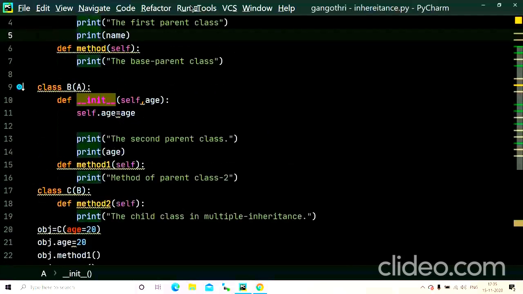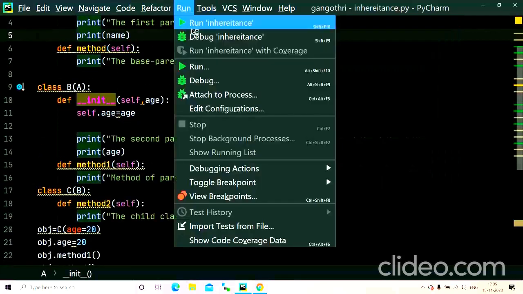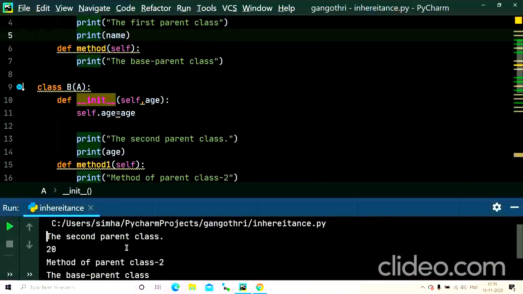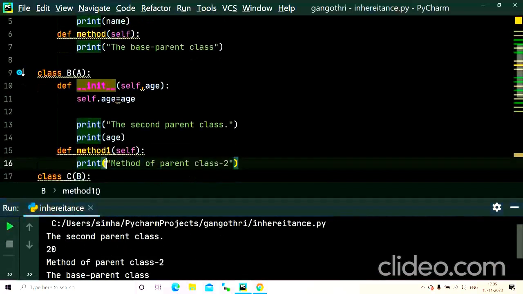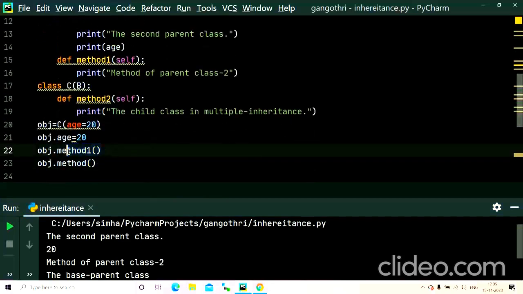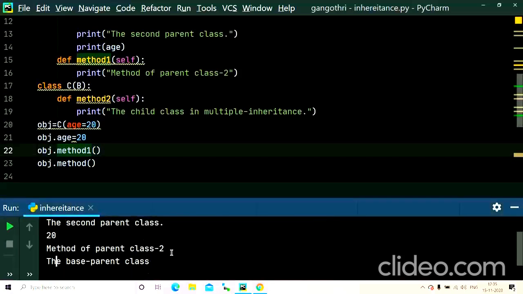Now let us run the program. Run inheritance. Yeah. We got the second parent class. Firstly, let us go through the order. Object.method1, which is the second parent class, and object.age 20, and also method of parent class 2.